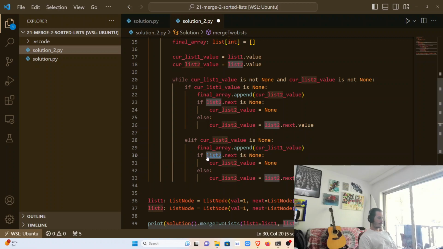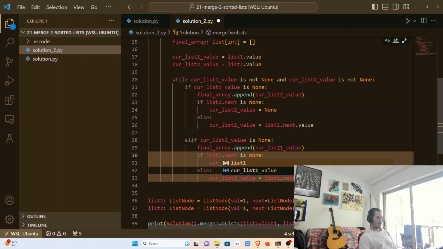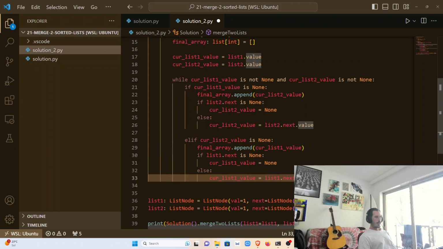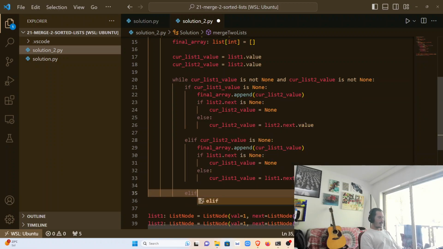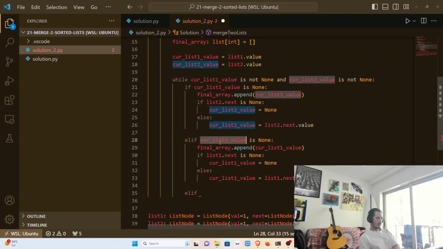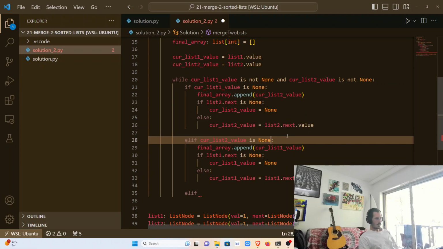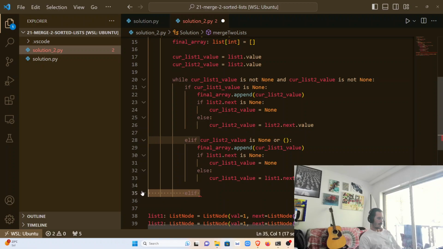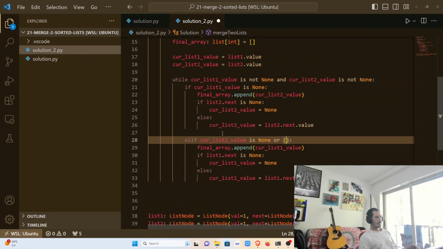And I'll just replace this with 1. Okay. Now, else if, now we have the one that is smaller than the other. So what if the value cur list 1 value is smaller than cur list 2 value? We want to add it. So it's not really like this, so we don't do more elifs, otherwise we will be repeating this code here. So or